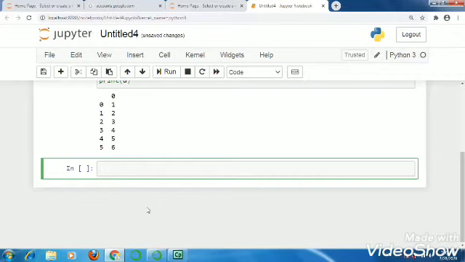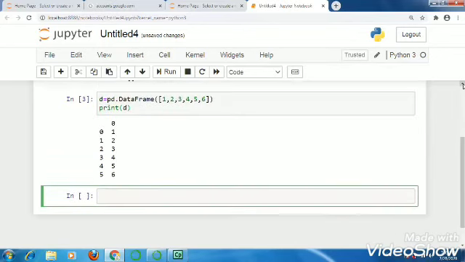So see, this is a data frame using a list, and if you see it carefully, at a glance it is looking like a series only, but one difference is there. In a series we don't have any column number because we have a single column. Here we have row labels as indexes, and at the same time we have column indexes also. So here the index of this particular column is 0.